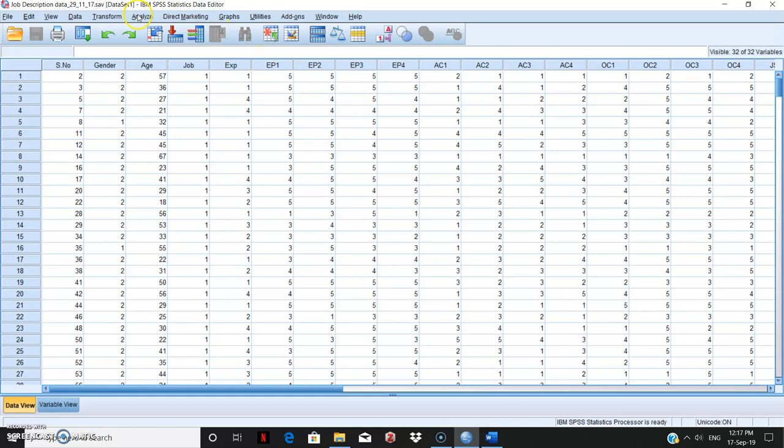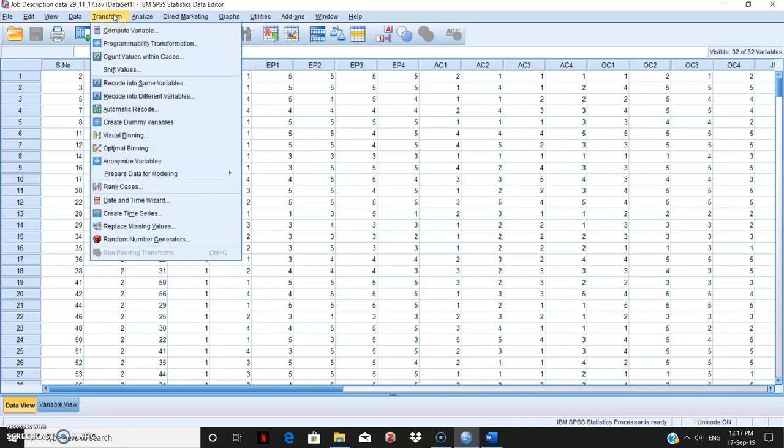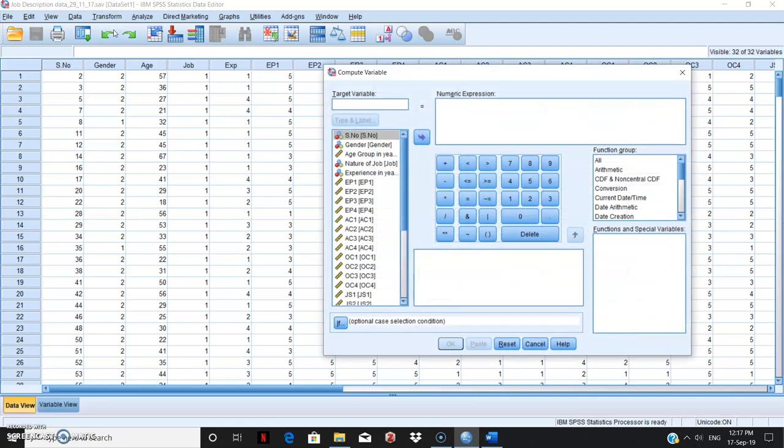Now what we do is, we go to analyze, we go to transform, and there is an option called compute variable. So now I say that I am going to create an environmental perception scale. And for that, what is my environmental perception? It should be EP1 plus EP2 plus EP3 plus EP4.